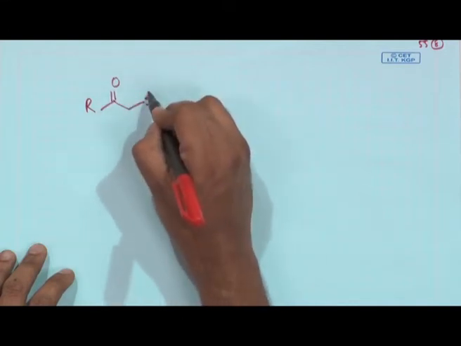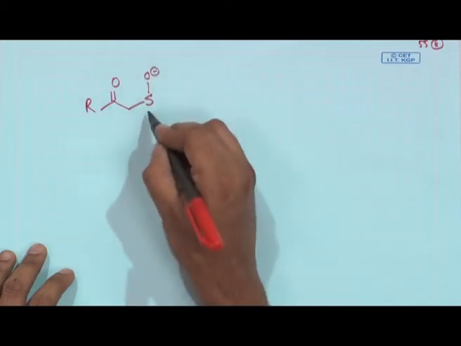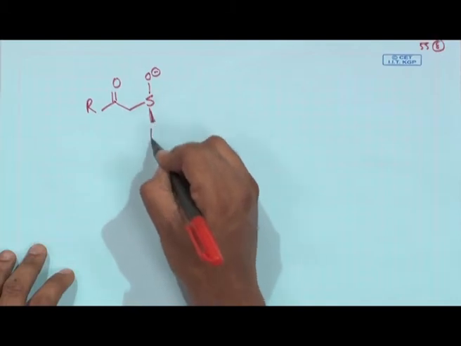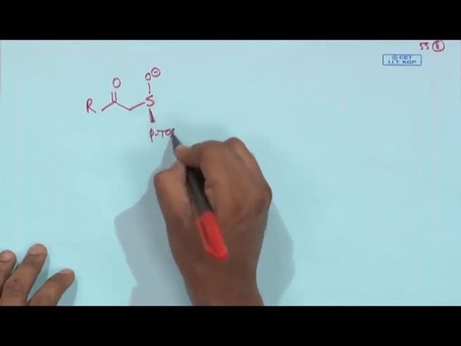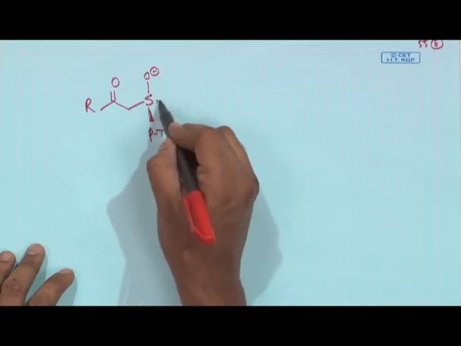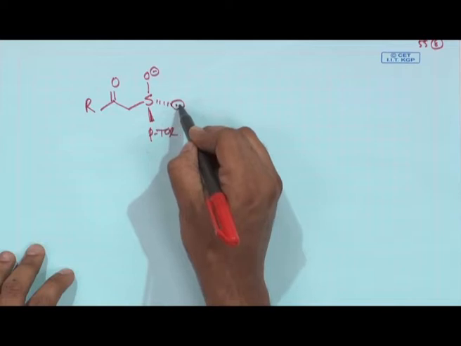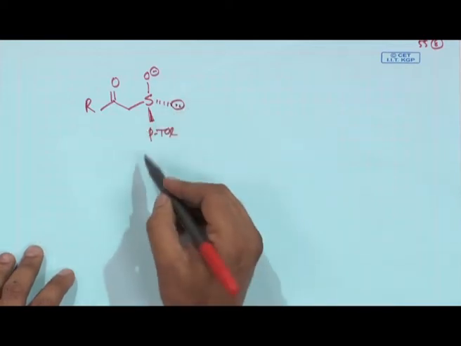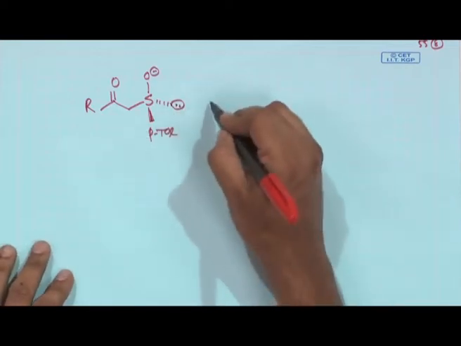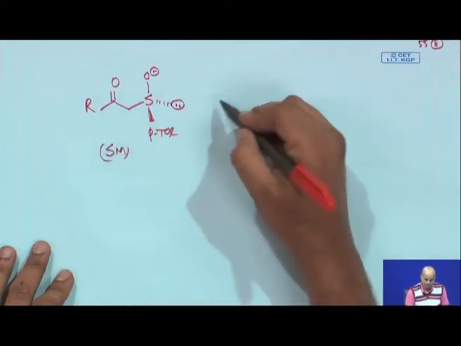The starting material has a sulfoxide, and sulfurs are chiral, sulfurs are stereogenic. So, this is your lone pair. So, this is a chiral sulfoxide. Now, the starting material was this one, and